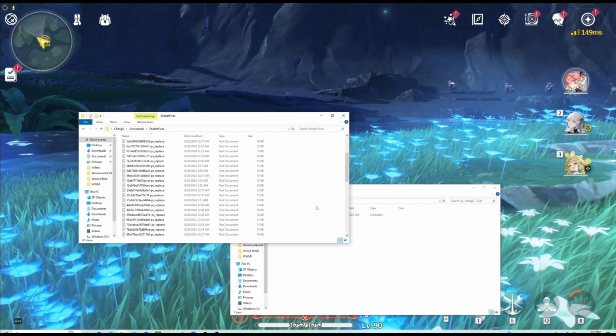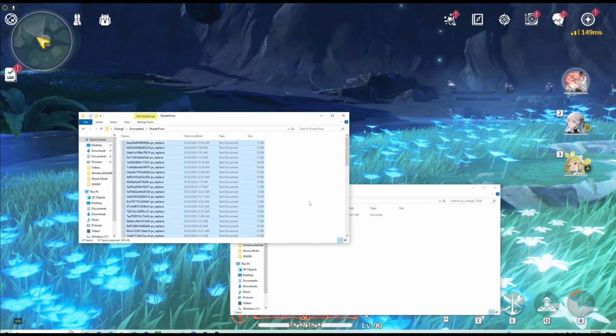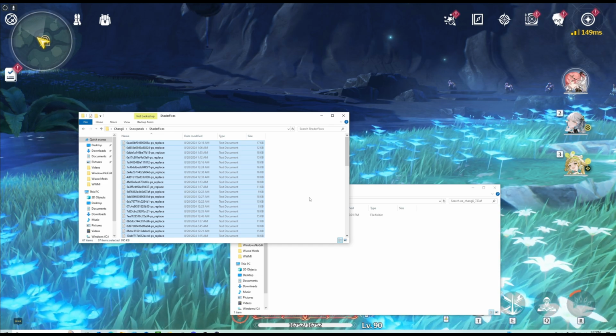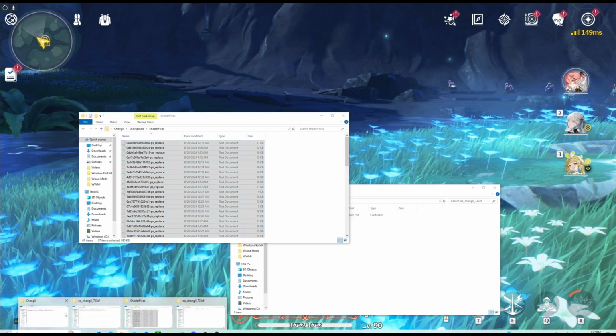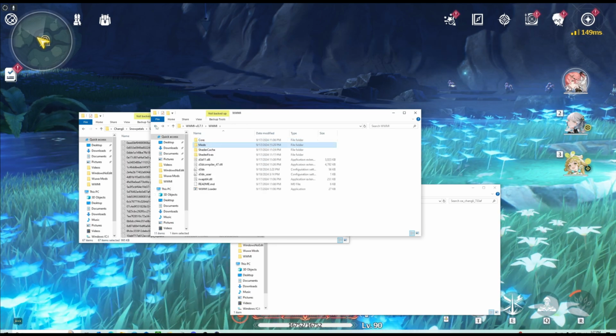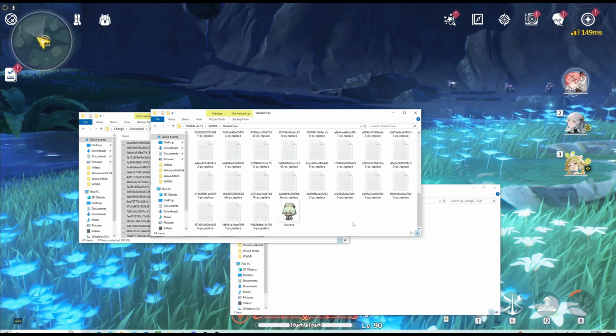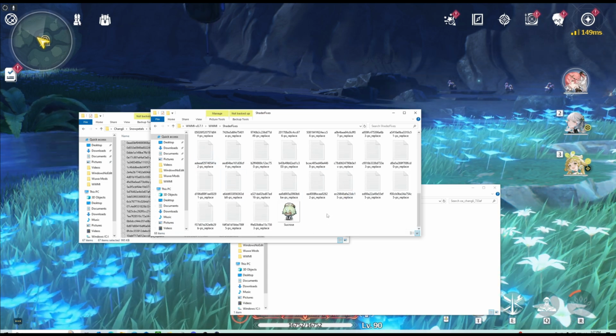And all this, you're going to Control A for all, and then Control C to copy. And then we are going to go into the WUWA mod launcher and scroll all the way out. Look for the folder that says Shader Fixes, and you're gonna paste all those files in here,